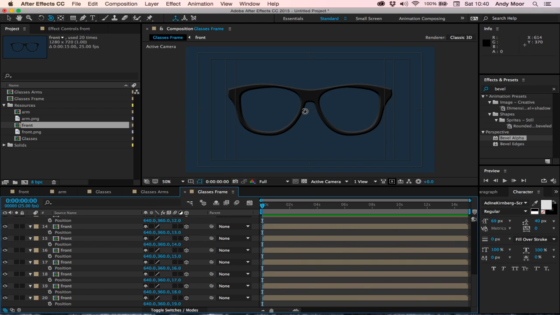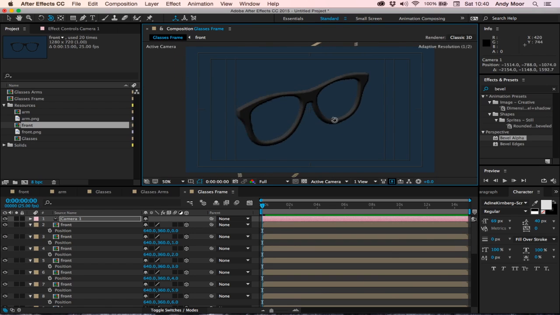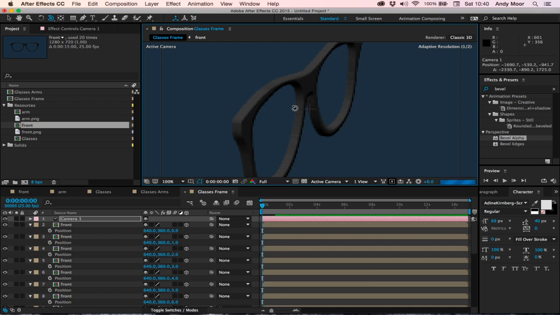And there we have it. We've got our 20 layers. So if I create a new camera and start orbiting around, you can see I've got a nice thick frame. Excellent. So now that we've got the frame and the glasses arms,